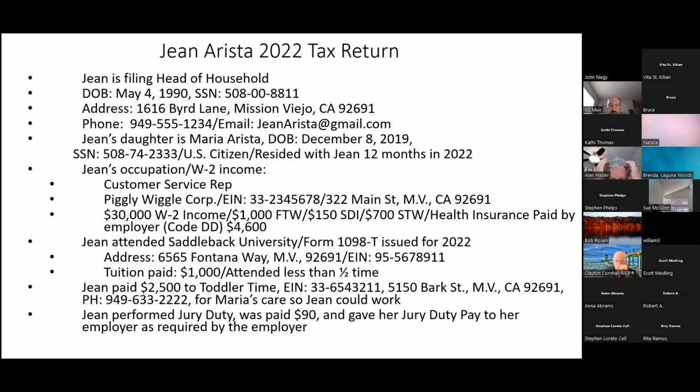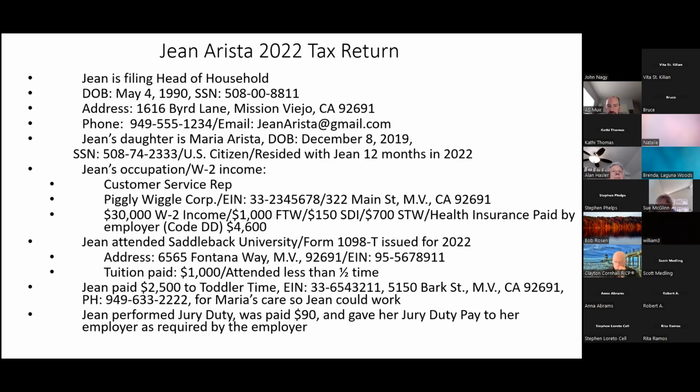And then her daughter, Maria. She drops the daughter off to go to work, at Toddler Time. And there's the administrative data for Toddler Time. The reason she drops off the daughter is to go to work. I did see this a couple of times where taxpayers actually admitted to me, they said, Jerry, I dropped my kid off, and what I do is I go out and goof off with my friends, or I go and take a trip. Well, that doesn't count. You have to drop your kid off so you're going to work, or you're looking for work, or in some cases, you're attending school. But if you're dropping your kid off to go out and enjoy some time off, that doesn't count.